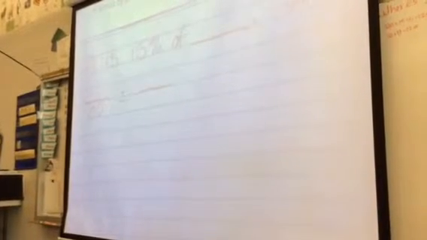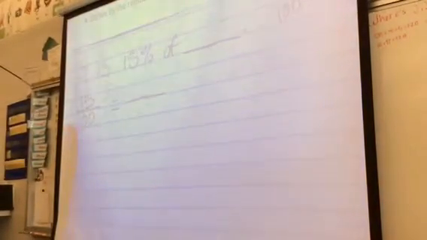Raise your hand if you think it's 9. Raise your hand if you think it's 15. Why? Dakota, why is it 15? Because the percent goes over, it's 15% out of 100. Perfect, because it's the percent. Remember, we clump our percents. Percent means per 100. And so we're going to keep our percents together. Do you remember that from yesterday? So we want to keep our percents together. So we're going to put our percent over 100, and then set it equal